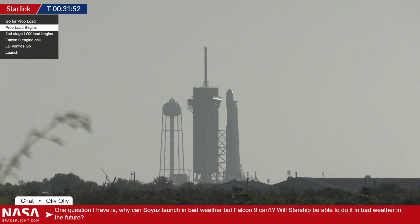So if you look at the United States and you look at Falcon 9, for example, since we're here for a Falcon mission, where do they launch from? They launch from Florida and they launch from Vandenberg. Well, it really doesn't freeze at Vandenberg, and it really rarely freezes here in Florida. I mean, it's been a couple of years since we've actually had a freeze in Central Florida. So you don't need to design your rocket to launch in negative 10-degree Fahrenheit weather, right? But in Russia, at Plesetsk and Vostochny and Baikonur in Kazakhstan, you do, because it's going to be negative 20 degrees during the winter some days when you are trying to launch, right? So you have to design your rocket